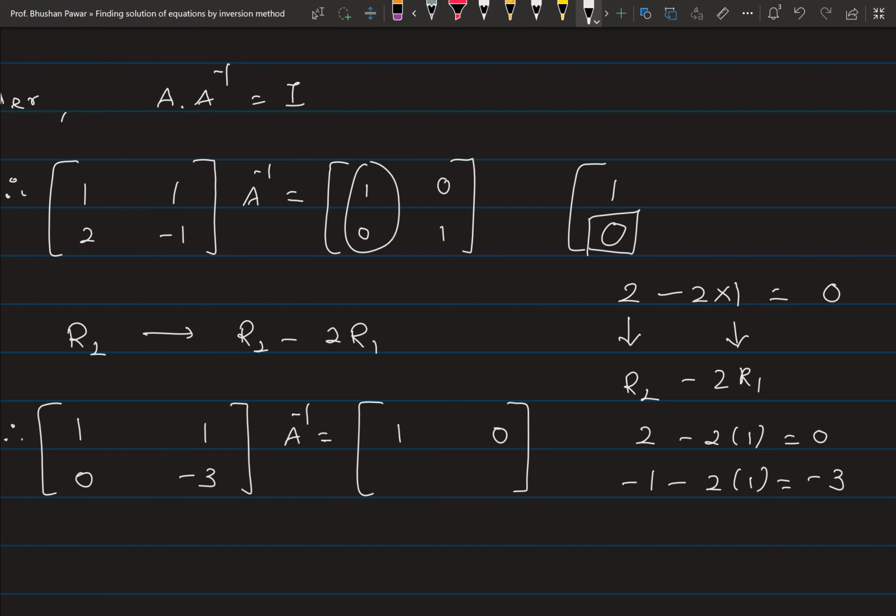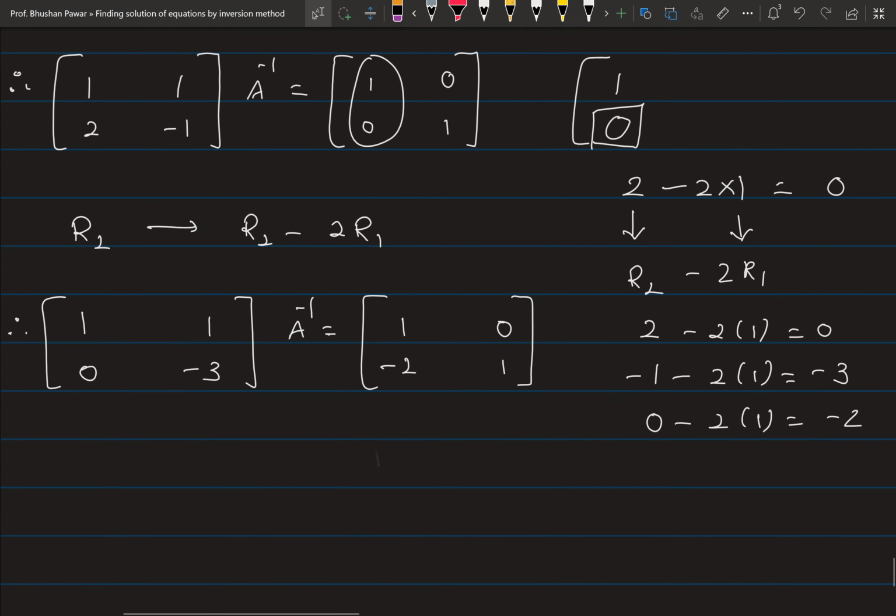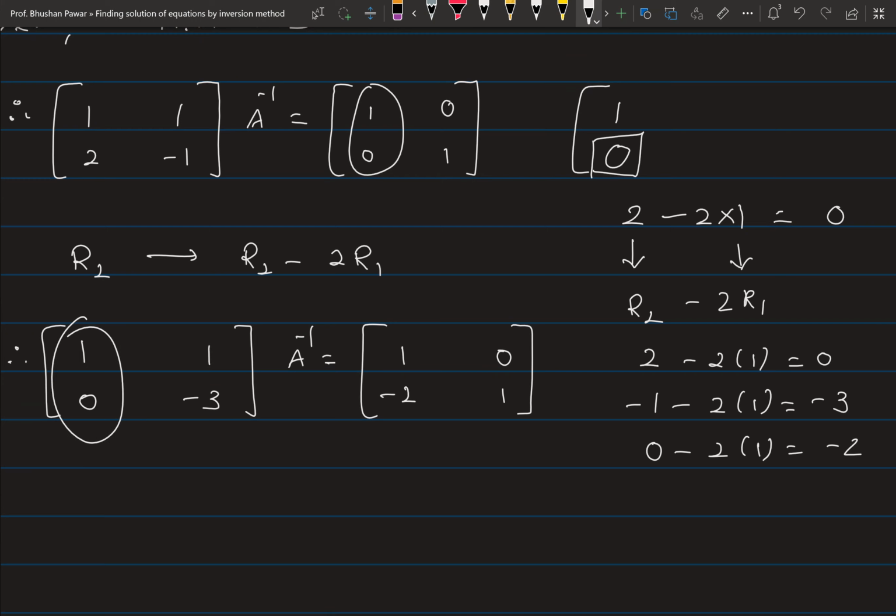Similarly, if I apply the same operation for these elements, it is going to be minus 2. And likewise over the next part is 1. So I got this one step. Now remember one thing, after getting this 1 0 pattern, just block R1, because if you use R1, this 0 will be lost because of some operations. So don't use this R1. So after this operation I will try to get this 1.